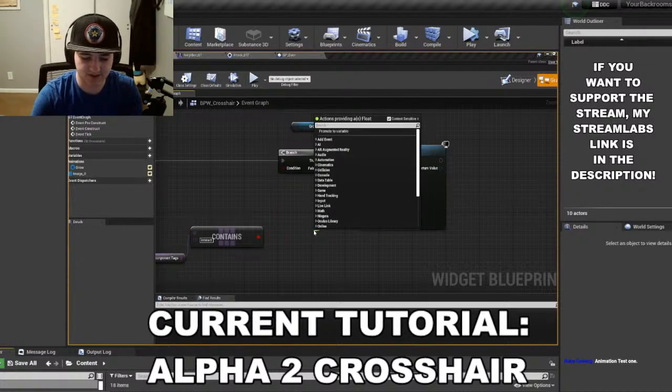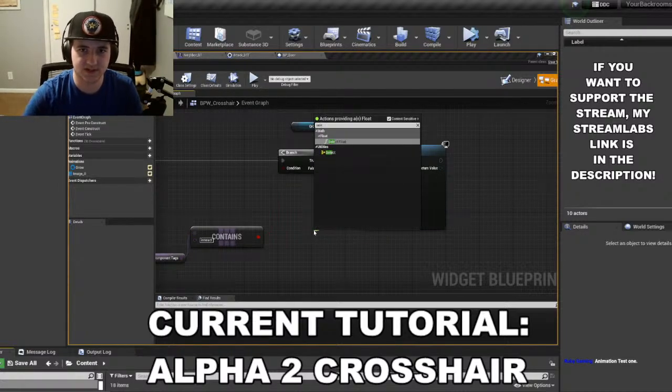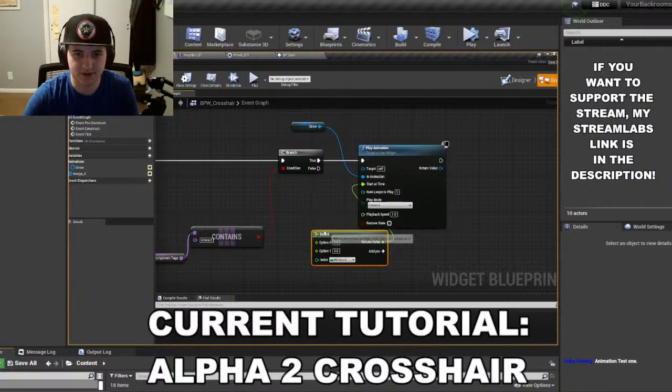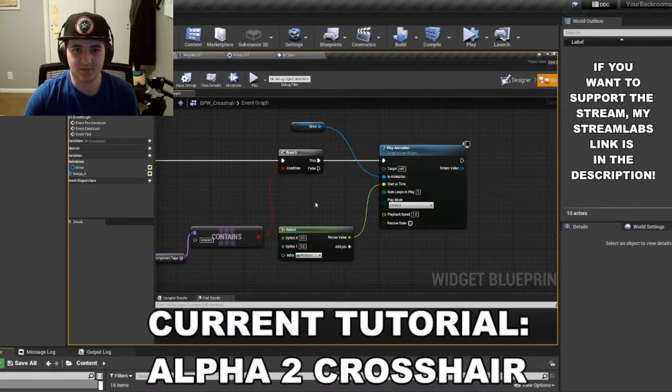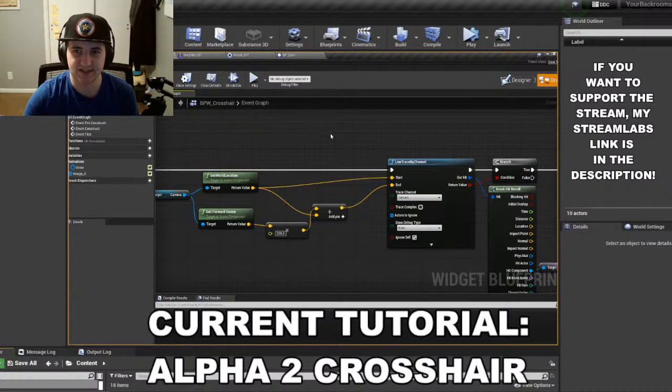So for the start time, you can use what's called a select node, and it basically allows you to make the blueprint node use a certain set of values for one variable or input given a condition, but this is being set on an event, so